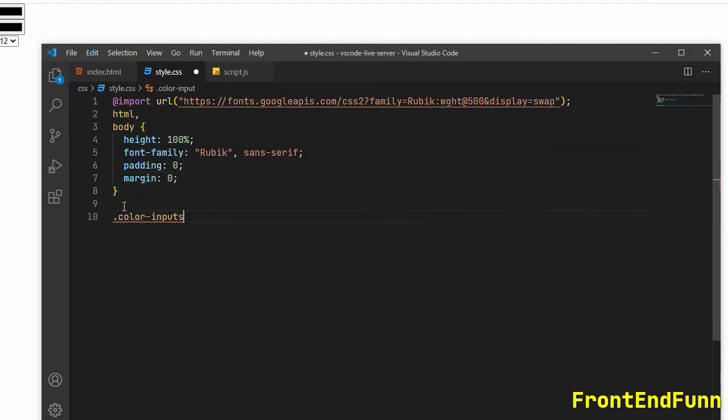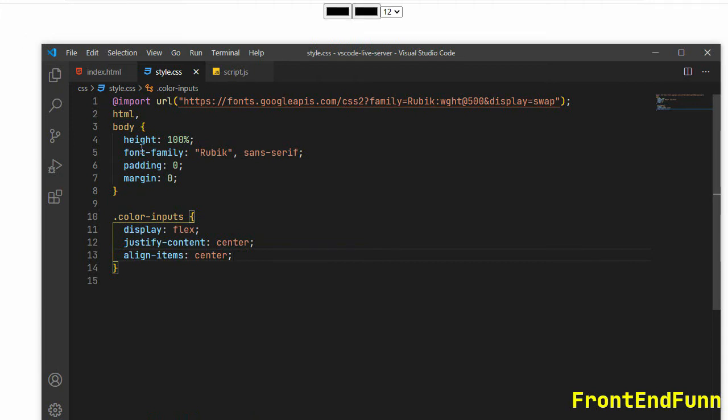Next we are having the color inputs, so this is a div which holds our color inputs as well as a select tag. So I'll just display it as flex, and justify content to center, align items to center.